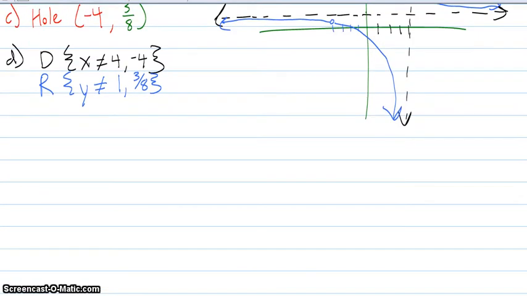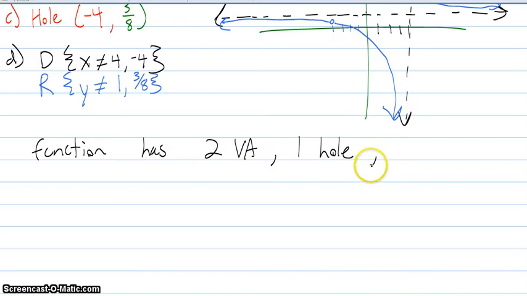And then finally, let's just make up a problem since I have some time left. I want a function that has, I don't know, let's make up something crazy. 2 vertical asymptotes, 1 hole, and I want a horizontal asymptote of y equals -2. Okay, so again, if I gave you a question that says write a function that has 2 vertical asymptotes, 1 hole, and a horizontal asymptote at y equals -2, you would first write